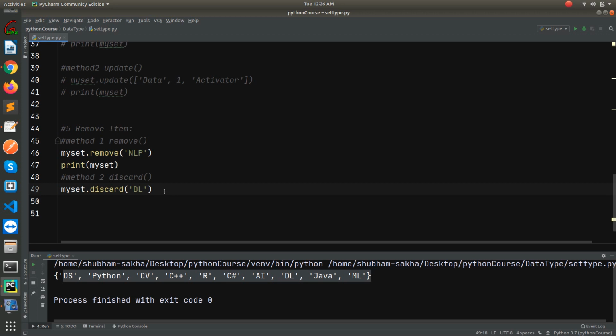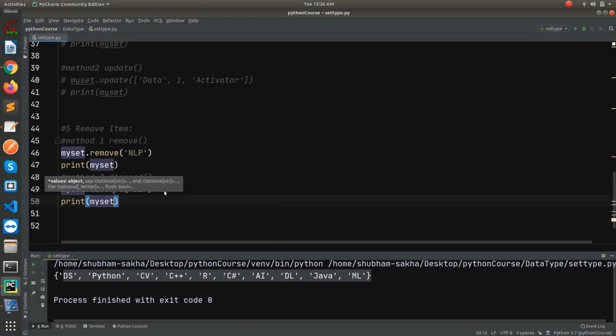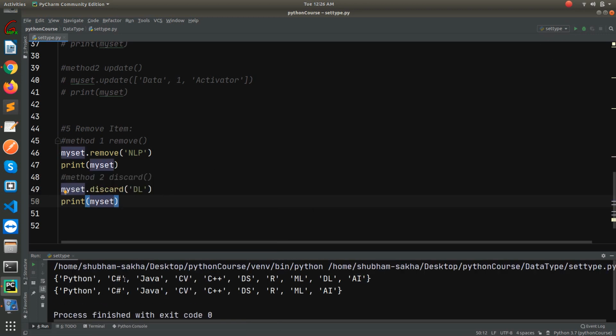Now if I print it, you will see deep learning will be removed from there. Let's run it. You can see deep learning is not there. In the first part it was there, and in the second set it was not there.